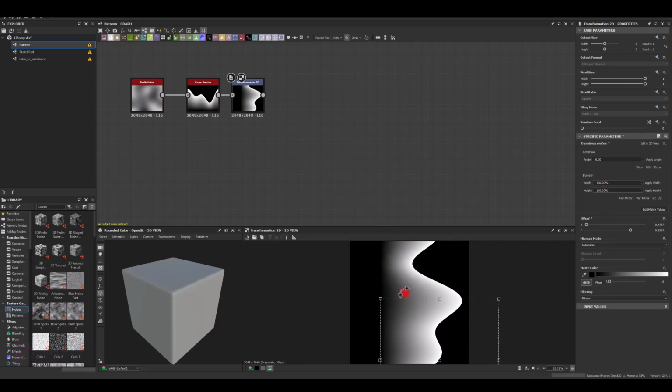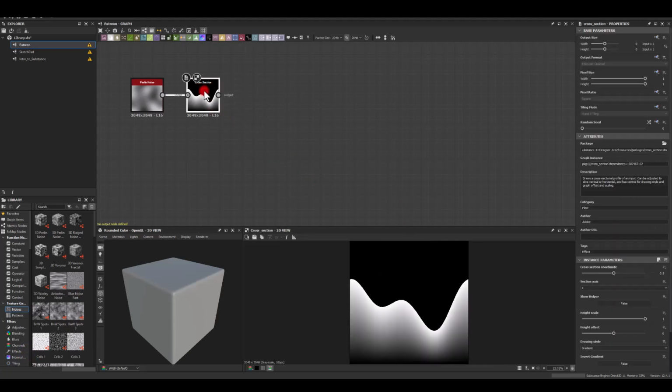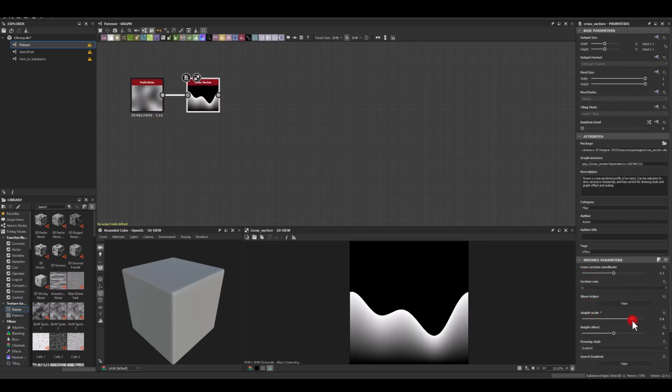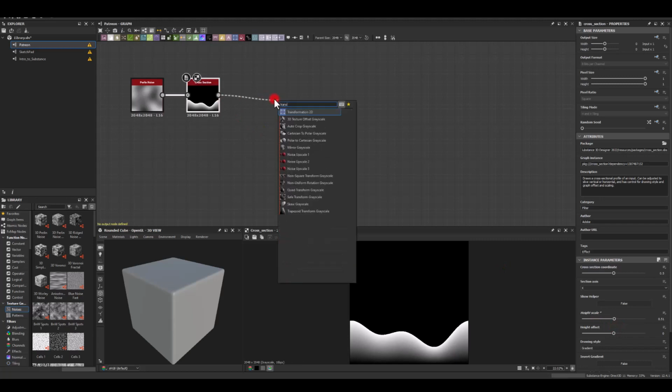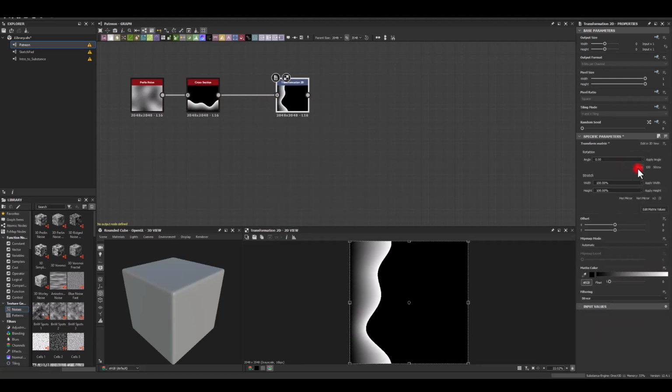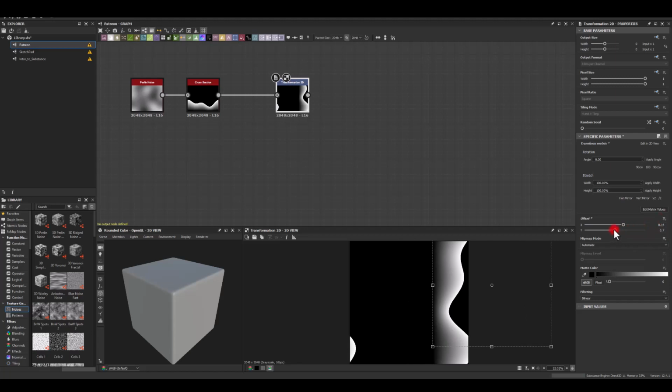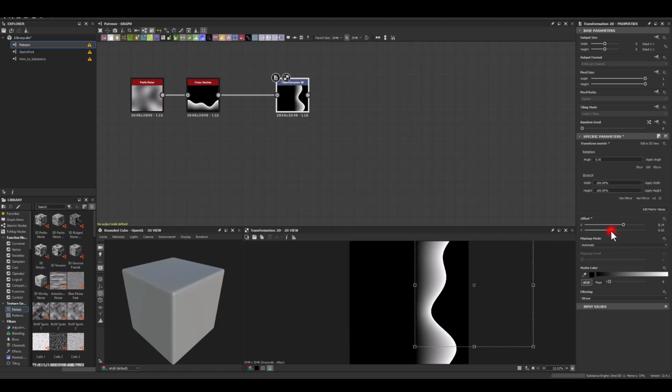Okay, so the problem I've got with this, I need this to be a bit more flat rather than distributed like this. So let me go to the cross section. I'm gonna reduce the height scale of it. Next, gonna get that transform, rotate it 90 degrees like this, and offset it that way to the end. Actually, I'm gonna put maybe 0.7 there and take it slightly back. Okay, something like this. And next, I'm gonna copy the whole graph,